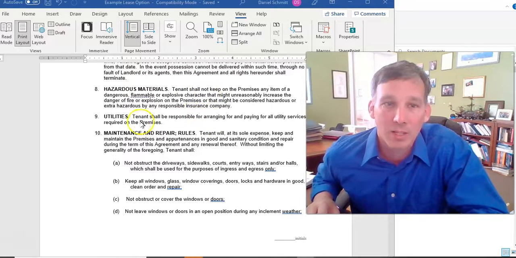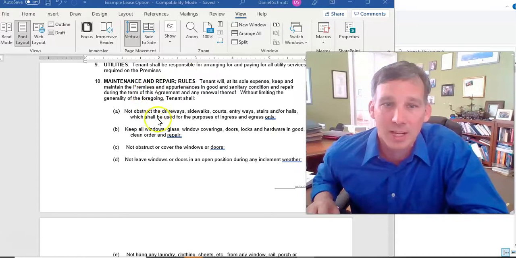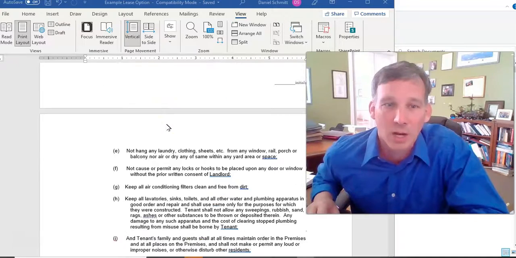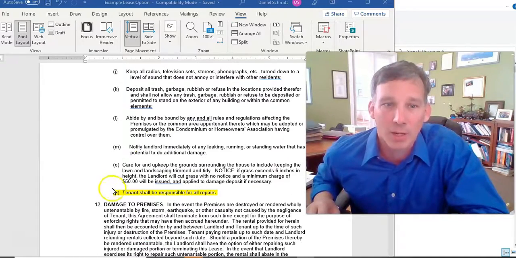Bunch of other legalese. They're responsible for utilities. They can't store anything that's going to be hazardous. 10 has got standard lease stuff about that they've got to take care of the place on their own. I make it very clear as we get to the bottom here in this paragraph 11p that tenant shall be